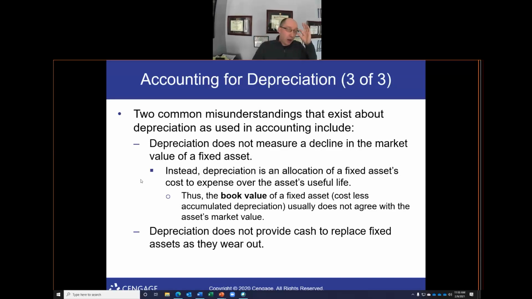There are a couple of misconceptions about depreciation. Depreciation is not the same as book value. Depreciation does not measure a decline in market value of an asset. For example, your house depreciates over time. The building itself does, because it loses its useful life over time. However,